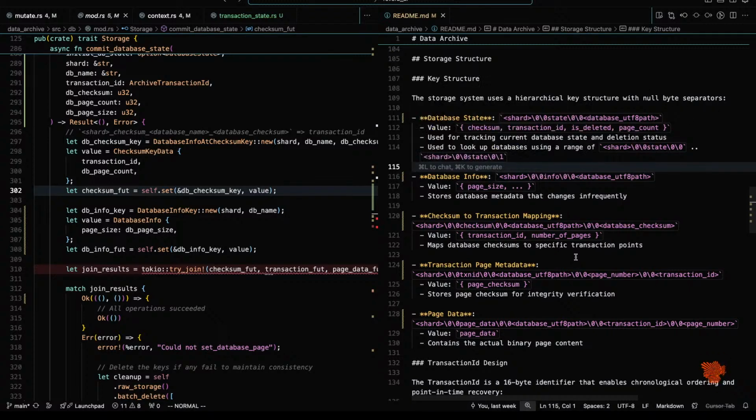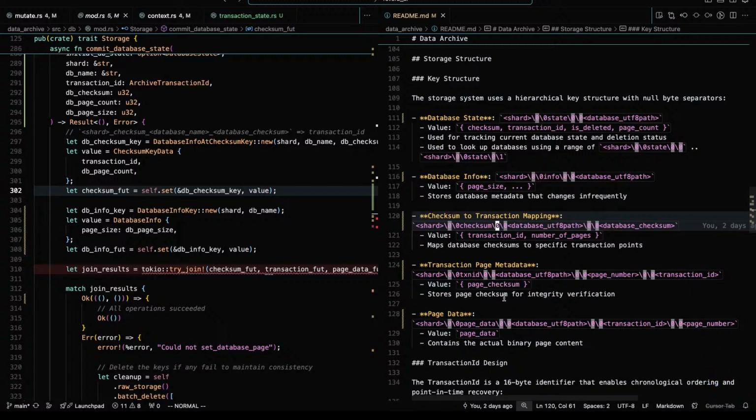However, I don't think that works because we would still have quite a history left. And this information needs to know what the page size is. Or does it? No, it doesn't because we just look at page one. Page one has the page size in it. So what is this page size even used for?